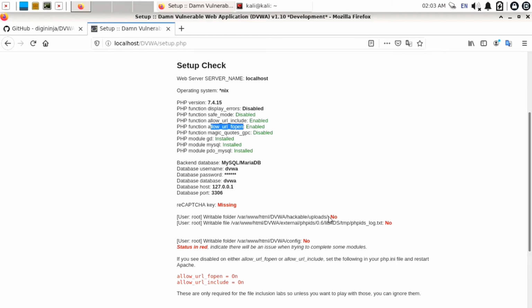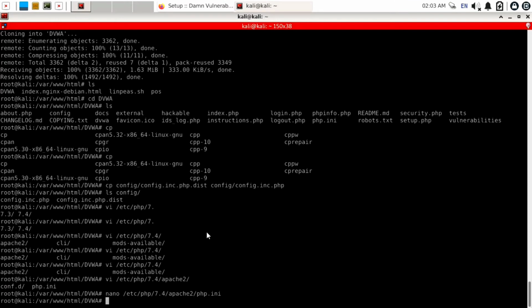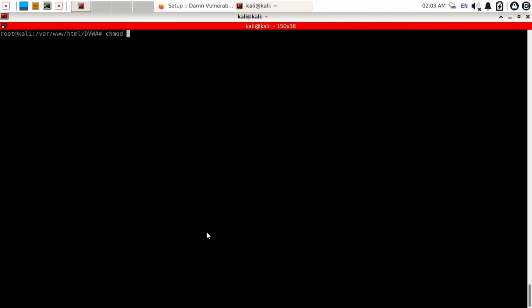Now you can set up folder permissions. For that you can use the chmod command. So copy one by one all the directories and open terminal, clear the screen by Ctrl L, use chmod plus W to write permission and paste URL.